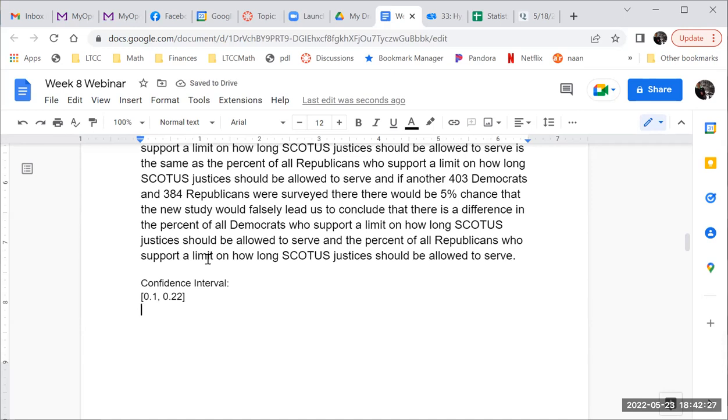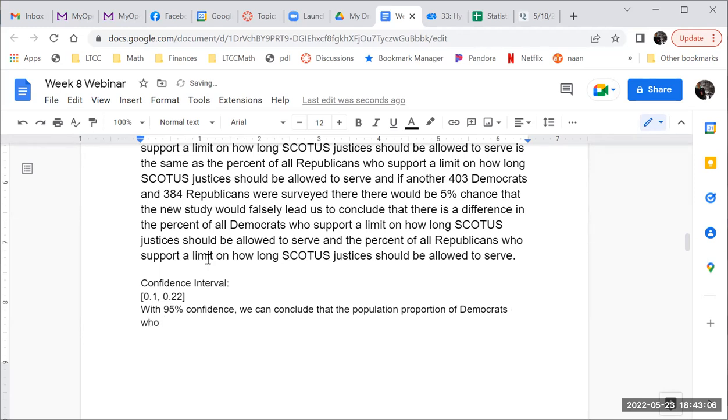What was the first word for confidence interval interpretations? Start with a W. That's a hint. With. With 95% confidence, we can conclude that the population proportion of Democrats